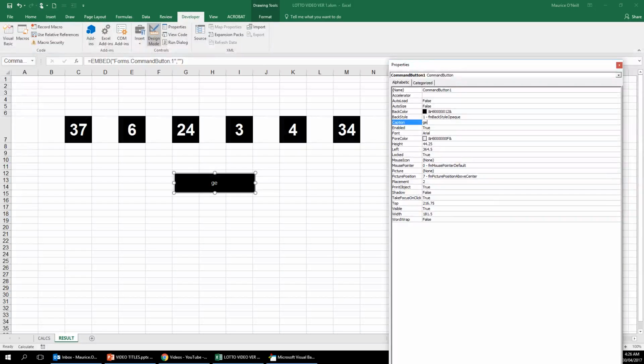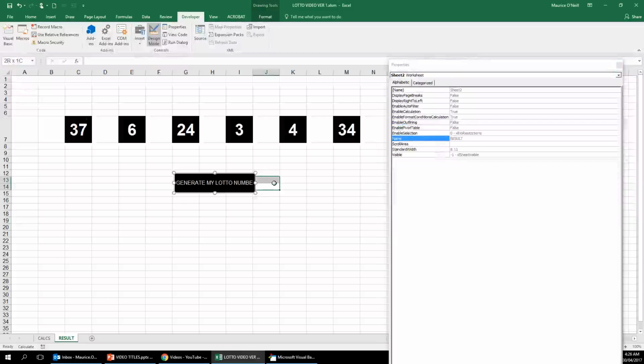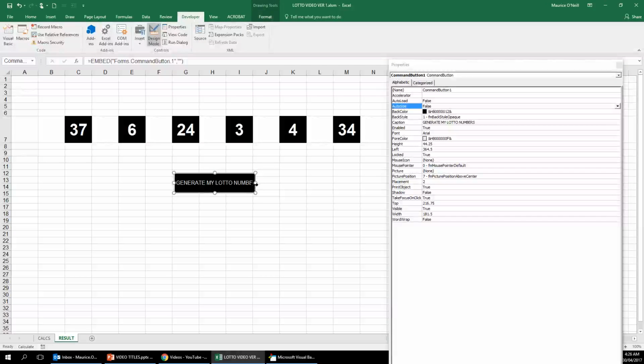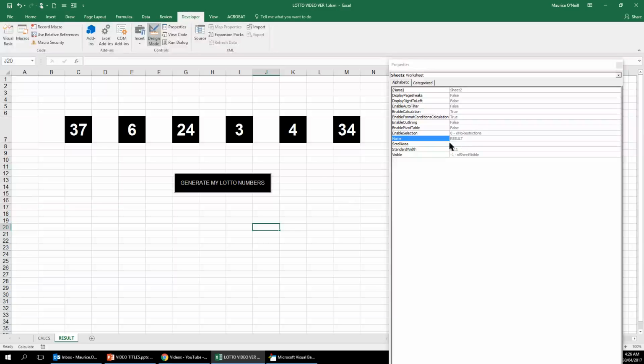generate, G-E-N, so it's caps lock. I've got it as G-E-N-E-R, generate my Lotto numbers. Okay, so that perhaps needs to be a little bit bigger. Yep, and then we can